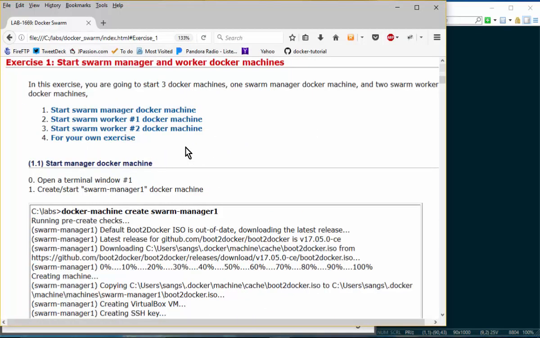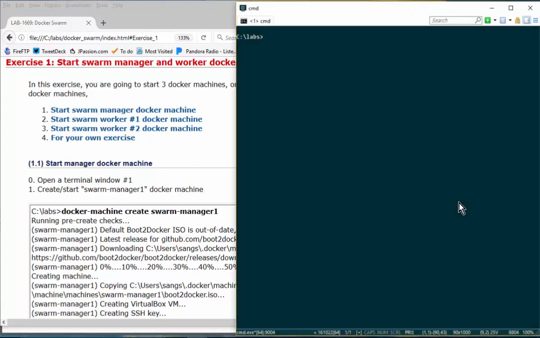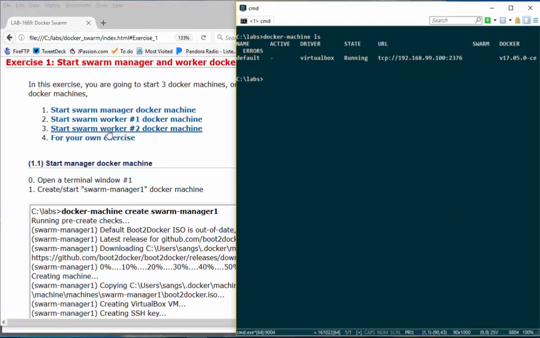So here we're going to start the 3 Docker machines. For now, if you say docker-machine ls, we have the default Docker machine, and we want to create a new Docker machine called Swarm Manager 1, and then create Swarm Worker Node 1 and Swarm Worker Node 2 Docker machines. So we're going to have 3 Docker machines that we are going to make a swarm out of. Okay. All right, so you're going to open one terminal,